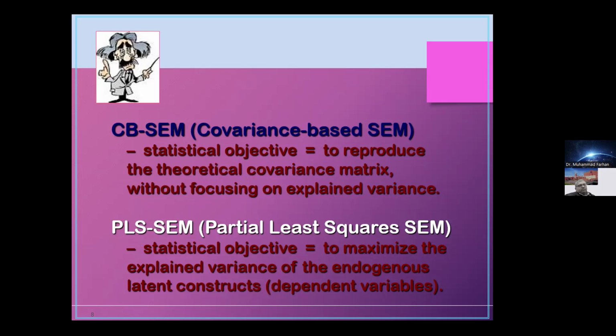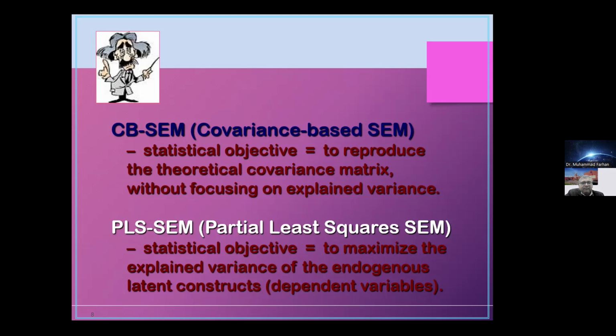Normally, if you talk about the explanatory power of a model, we are always interested to know what R square is. I think you all know what R square is. It is the explained variance out of a model. That explained variance